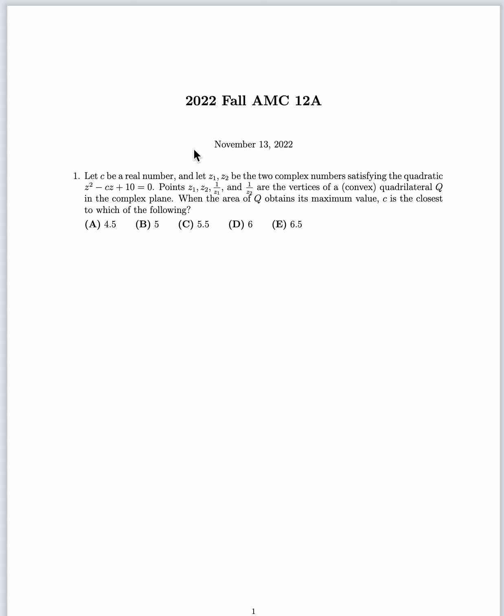So this problem is an optimization problem. The first thing we would try to start with is to write the solutions in complex form, a plus bi, in order to visualize the quadrilateral. So from there we can see that by the quadratic formula,